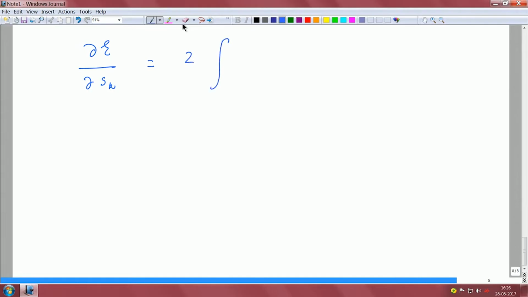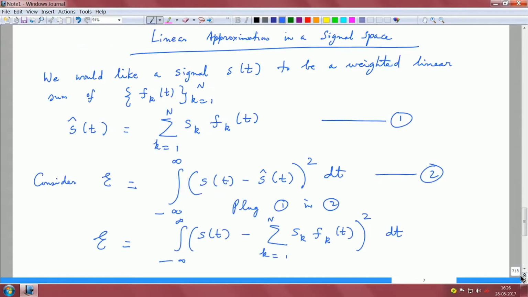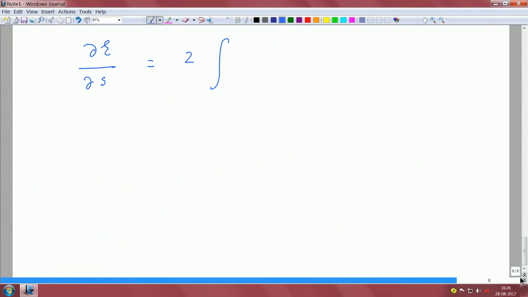So, maybe I could make this S n here, since I have some k's there in the last slide. The summation goes from k equals 1 to n, so maybe I take the derivative with respect to S n, this is without loss of any generality. So, I take the derivative of the error with respect to S n, right. So, basically I have minus infinity to plus infinity